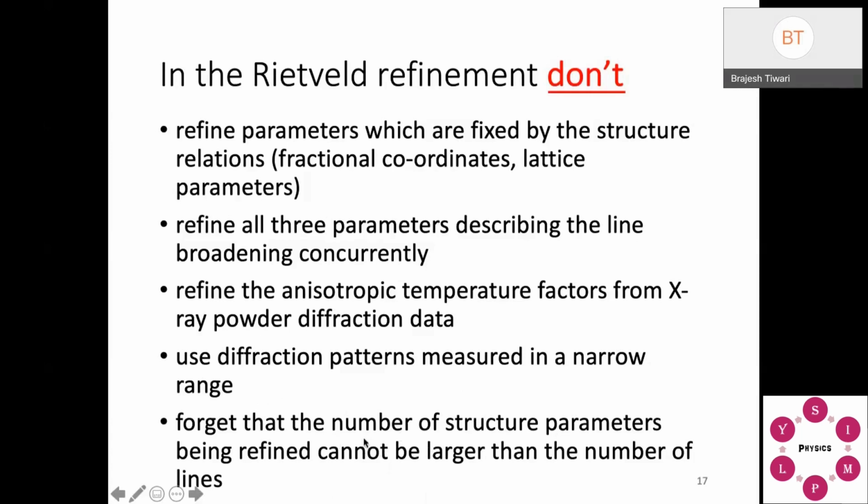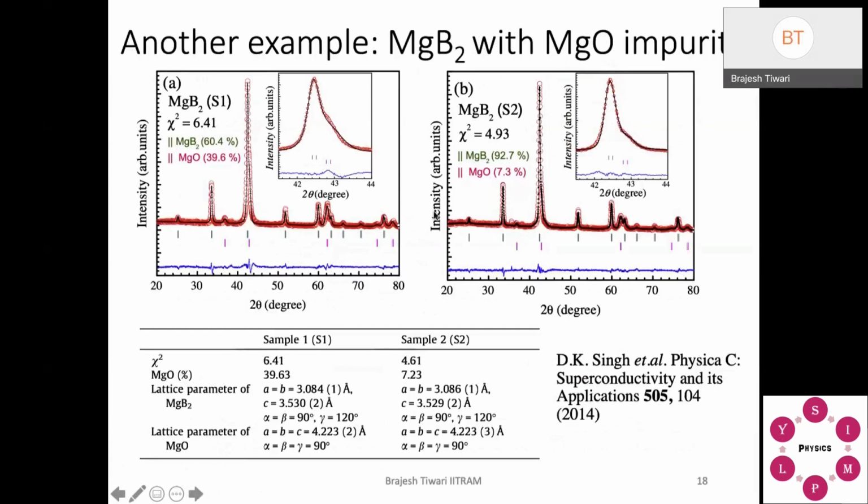Another thing is very important. Suppose you have a small number of peaks, say in your XRD data you got 20 peaks, 10 peaks or 5 peaks. Fewer peaks means you can define only a few parameters at a time. That is another problem you have to keep in mind. Even if you change more, it will not do anything. Even if you have a cubic structure, you may have few peaks, and if you change so many parameters, it is not going to benefit you. It is better to go one by one, and only towards the end choose all the refining parameters.